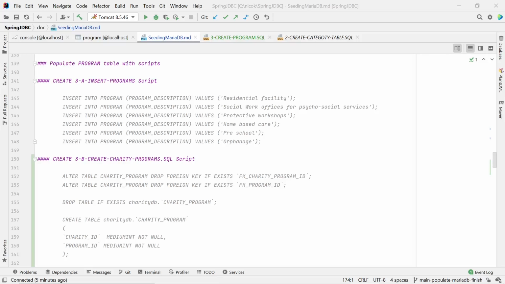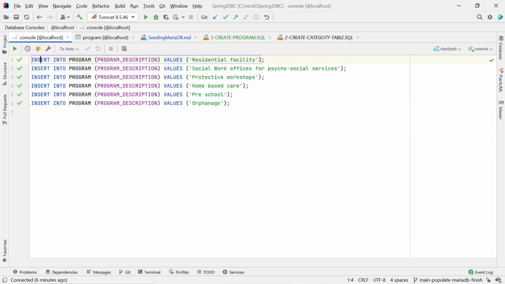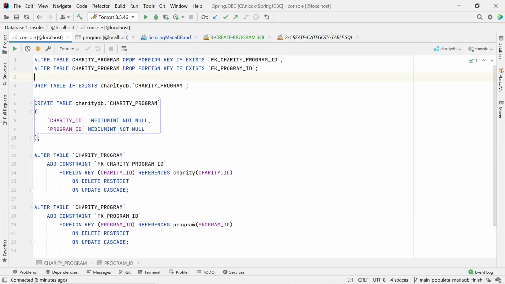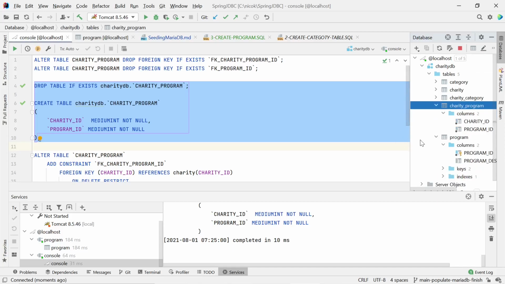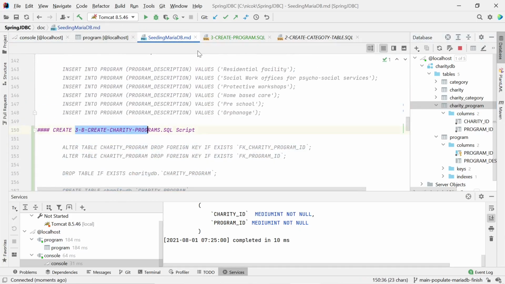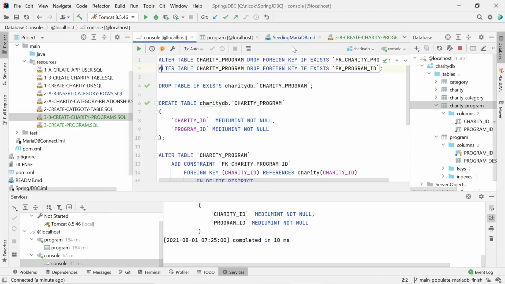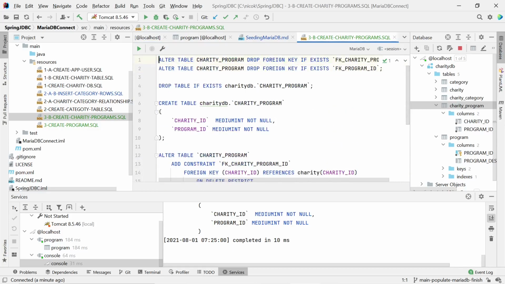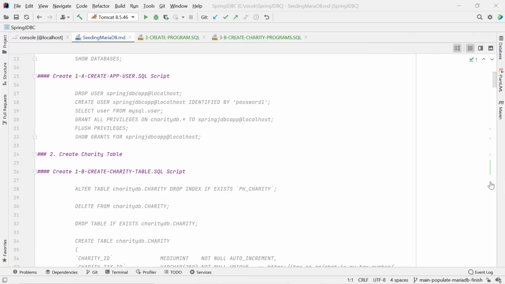Now we can run the script to create the charity program relationship table. And our relationship table has been created. So we'll have to save this script. And let's see what's next. Okay, next up